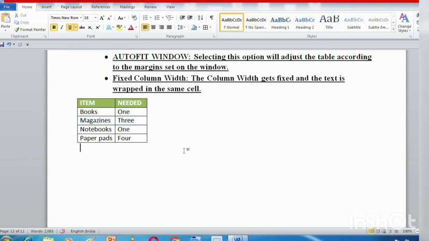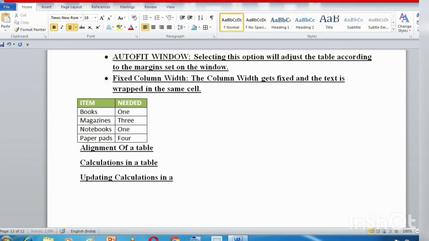So this is it. In the next lecture, students, we will talk about the alignment of text, alignment of a table, calculations in a table, and updating calculations in a table.